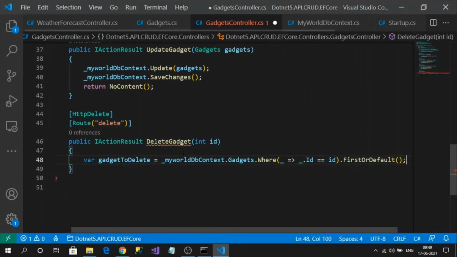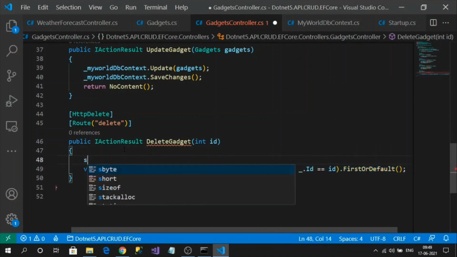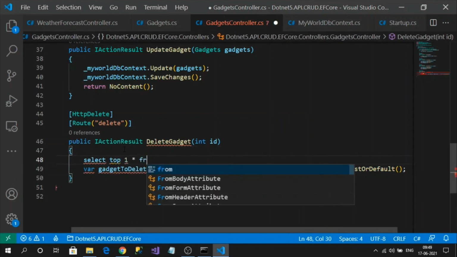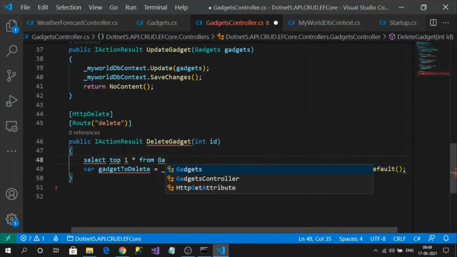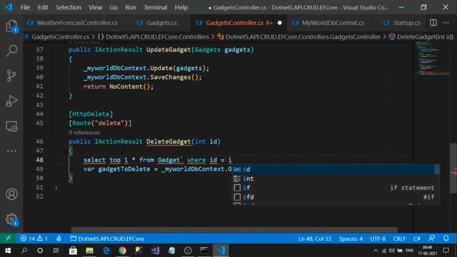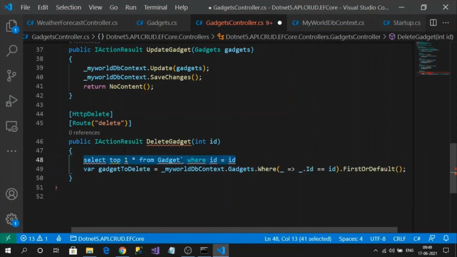Here I am querying, it generates a select query. What type of query? Select top one star from gadgets where ID equal to ID. So this kind of SQL statement will be generated by this line of LINQ query.